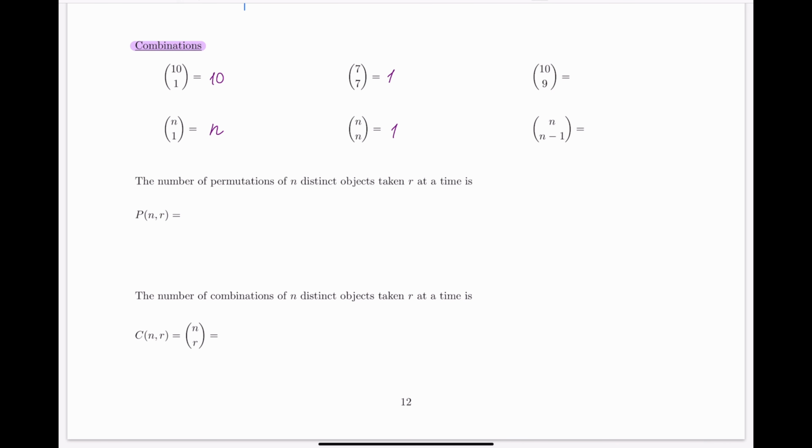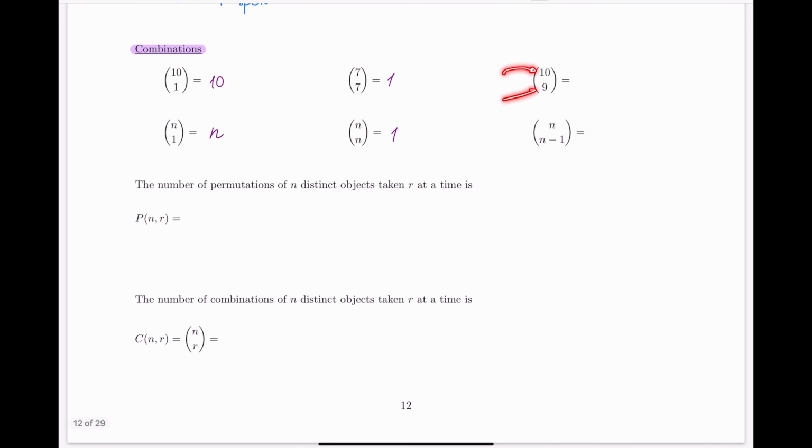Now, let's take a look at this. I have 10 objects and I'm going to choose 9 of them. So imagine I have 10 players available, and I need to compose a team consisting of 9 people. How many ways can I do that? Well, the way to think about this is, if you have 10 little stars, and I'm going to pick 9 of them,